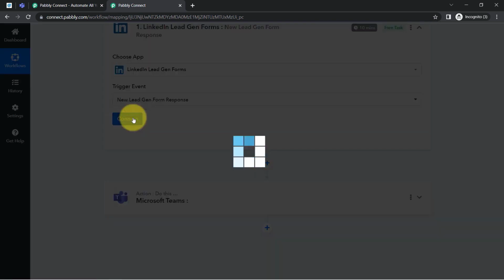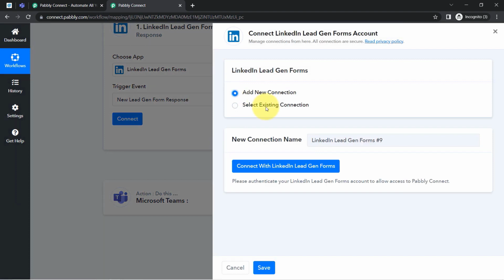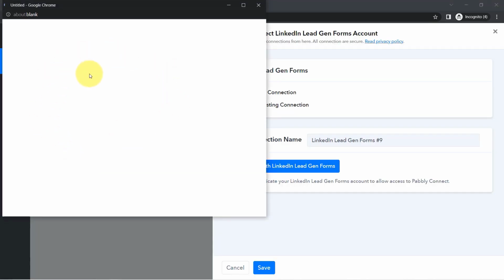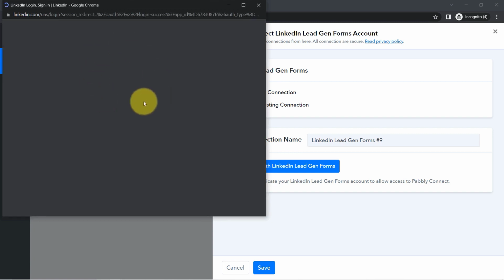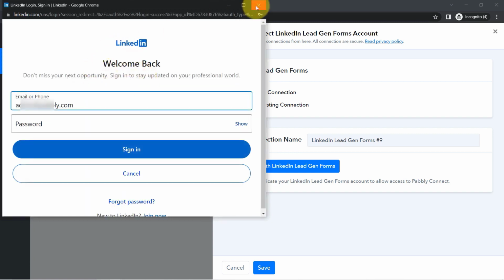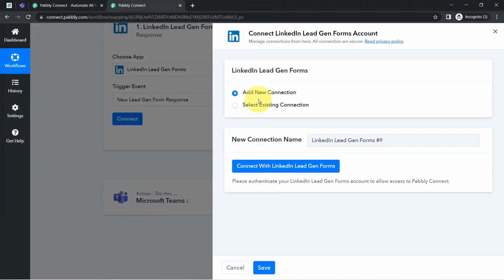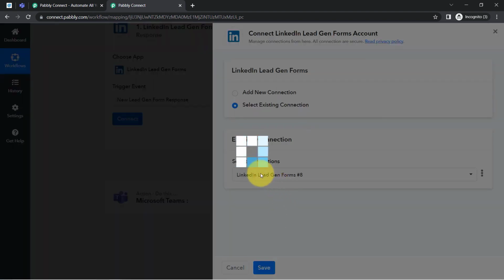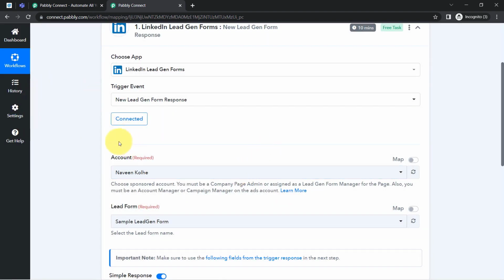Now click on this connect button, then directly click on add new connection, click on connect with LinkedIn lead generation form, and then you will have to provide the access of your LinkedIn account. I have provided this access multiple times, okay? So I can use the existing connection also, okay? So I have selected the same, clicking on save, and this is how my LinkedIn account will be immediately connected